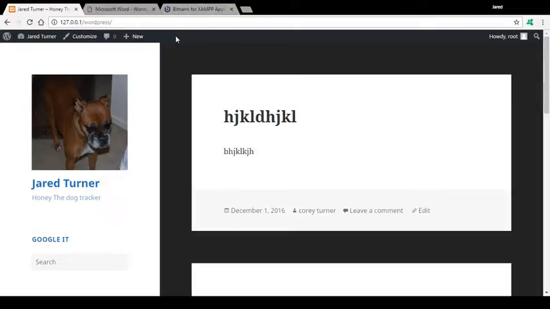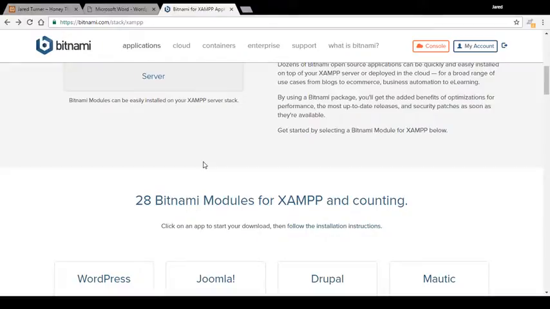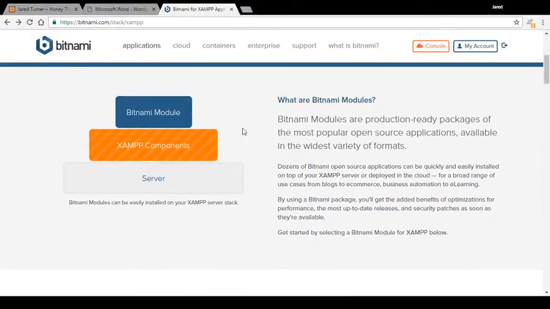In order to do this, we must use XAMPP, which serves as basically an interface between our computer and this module. XAMPP allows our computer to become a host server. So this is a locally hosted WordPress server. This application comes from Bitnami, which has several different modules that, if you look at this diagram here, sit on top of the XAMPP components and the server from the computer,